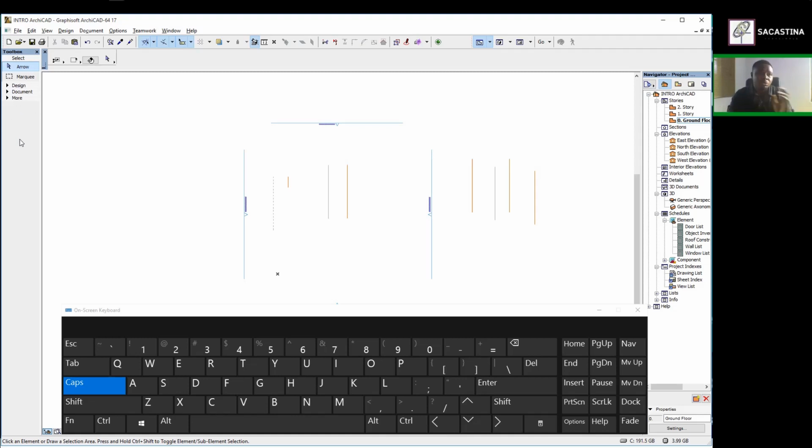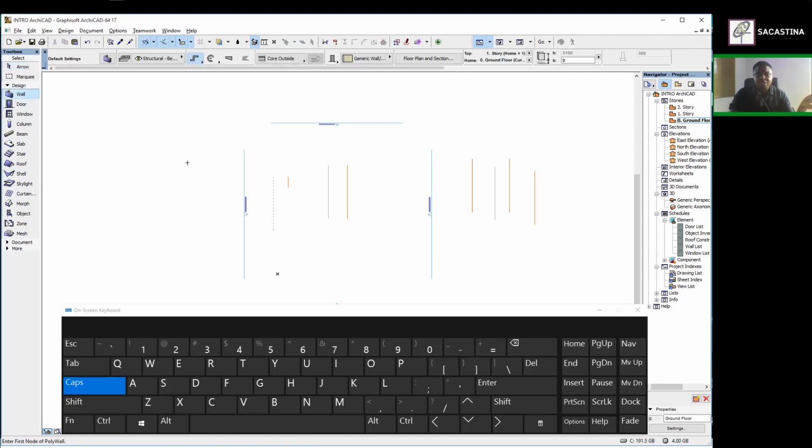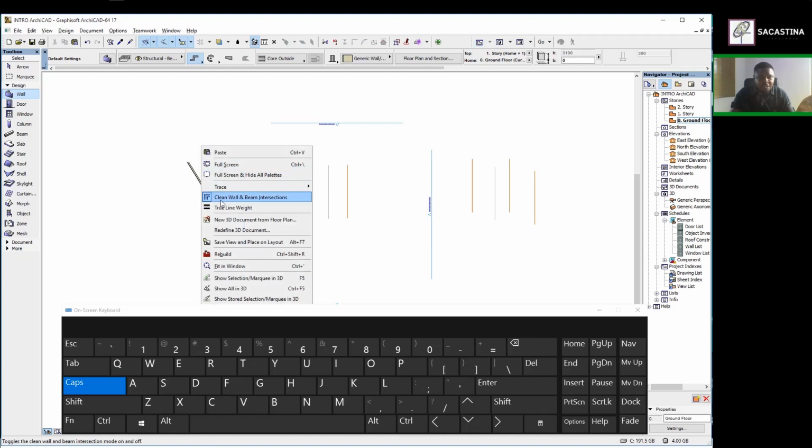Let me just go down and open them one after another. Now let's go on our design tool. On our design tool, we have your wall, you have your door, windows, columns, beam, etc., down to mesh. These are solid elements, things that once you select them, you can actually view them in 3D. For example, let me select a wall and I drop the wall. Once I drop this wall and go to my 3D, which is I right click on the page and say show